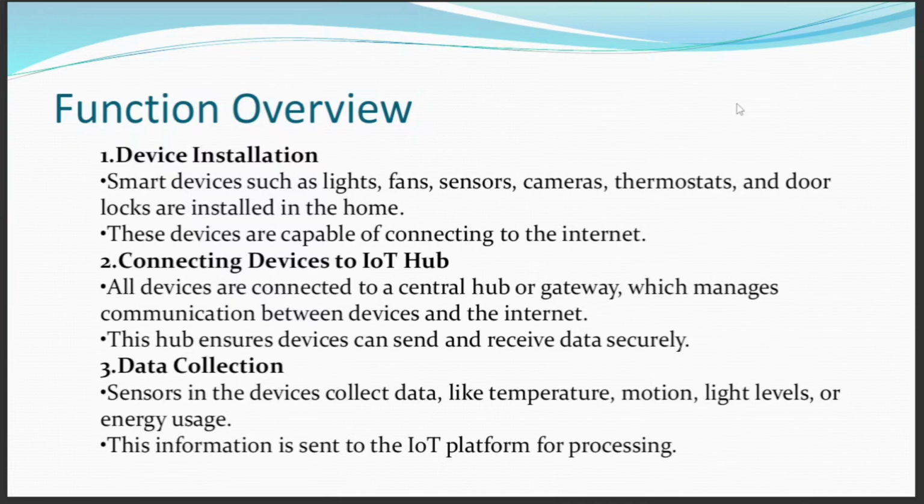Fourth, Arduino processes the data and decides actions based on predefined rules. For example, it can switch on the fan when the temperature crosses the threshold. Fifth, the user can control devices remotely using a mobile application or send commands from the web interface. Finally, the system can perform automatic actions and send alerts when it detects unusual events such as an open door or